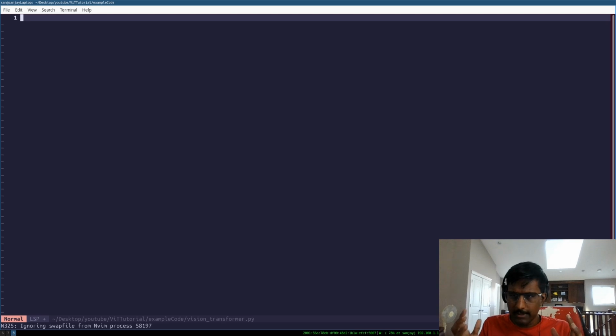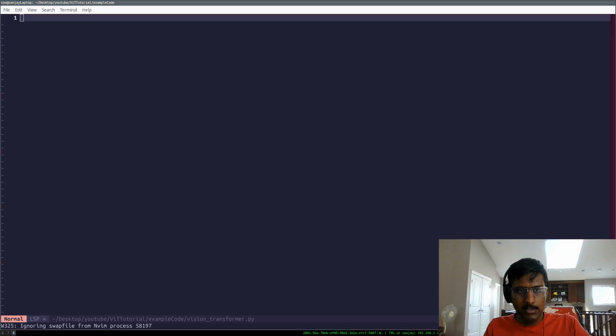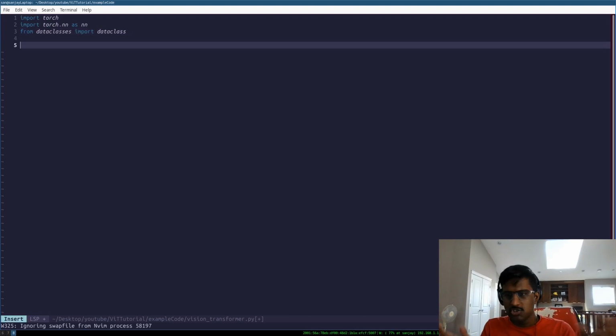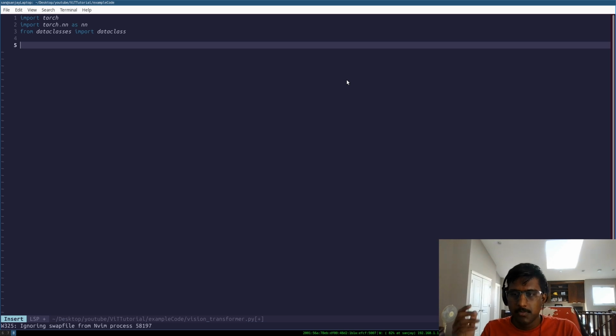And this is just going to be the file that stores details about the model. Obviously, because we're using PyTorch for this, we're going to import PyTorch, and we're going to import dataclass as well, right? This is just going to be some helper stuff to help us actually build a model, because we're relying on PyTorch here. The first thing I want to do is actually create the config data class,